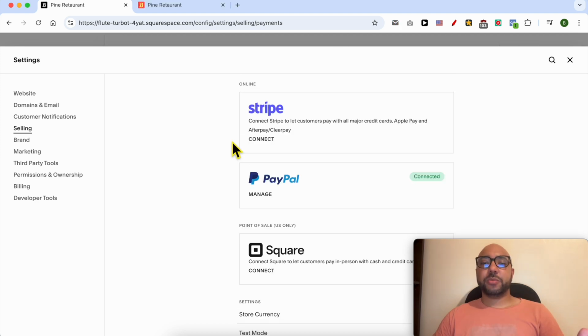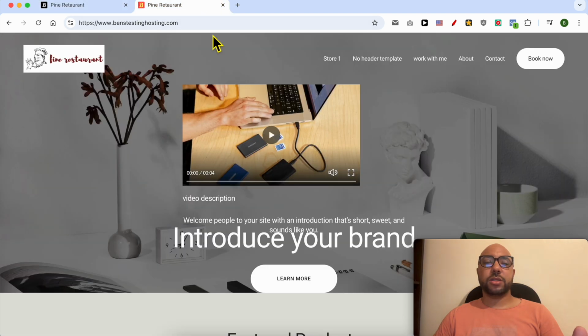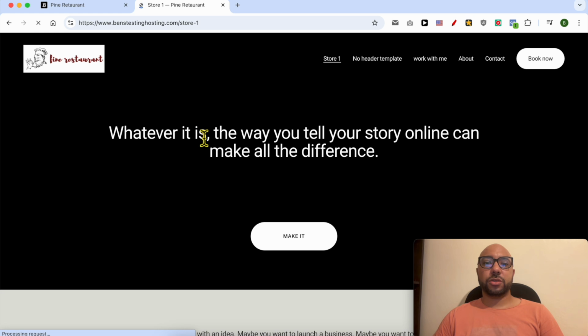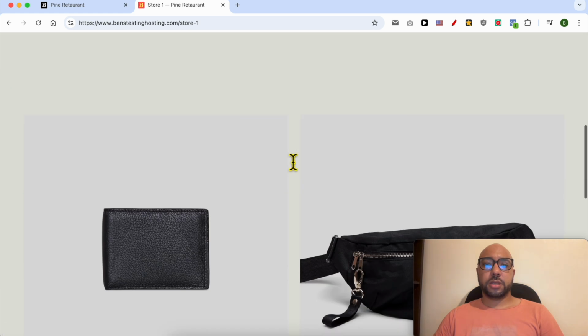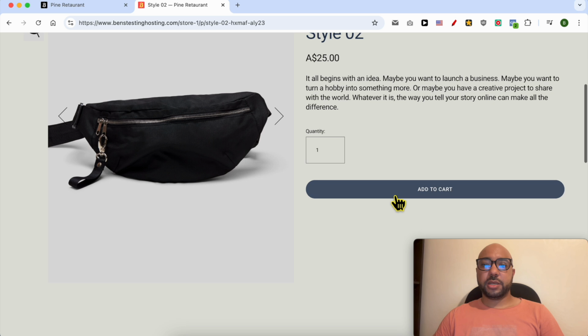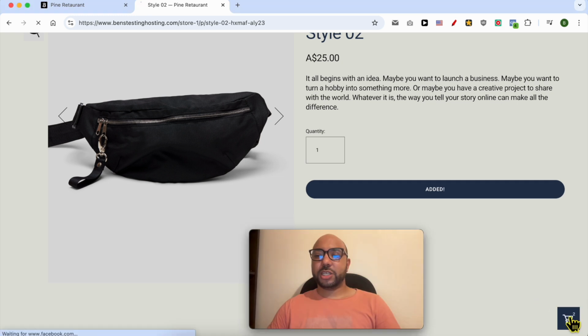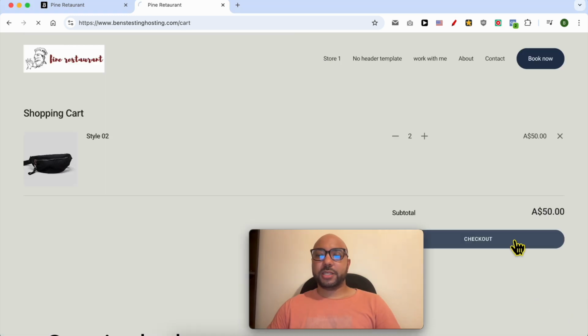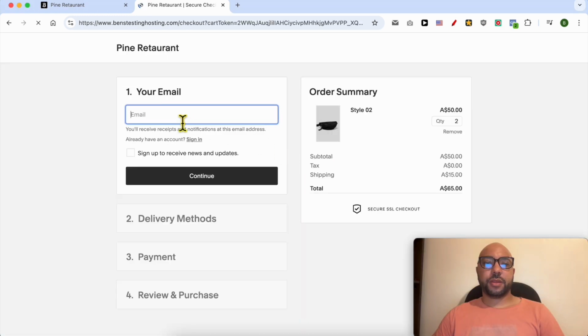After setting up PayPal as your payment method on Squarespace, this is how the checkout page will look. This is my store on Squarespace. Let's click on this banana pack or fun pack, I think they call it. Click on add to cart, and now click on this checkout button, then checkout, fill in your email,